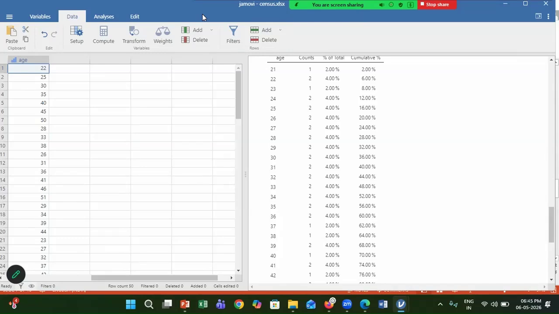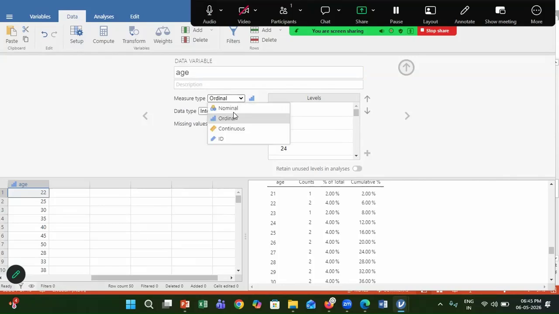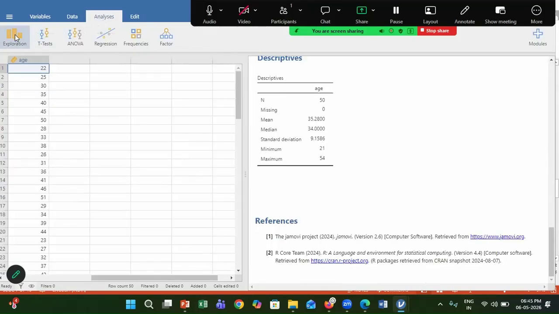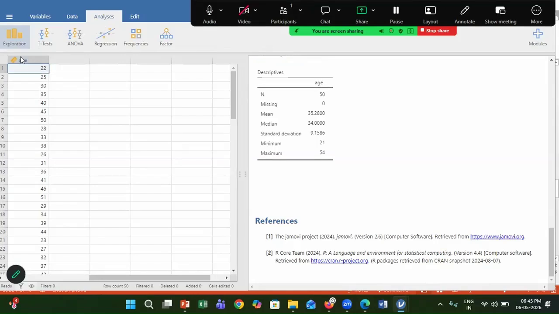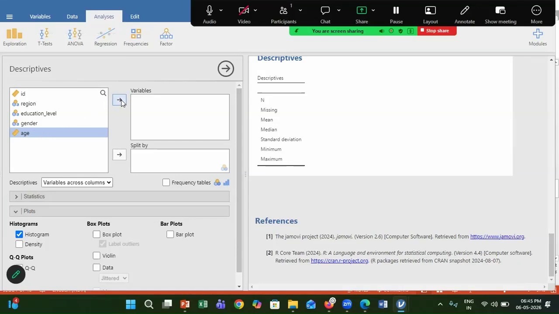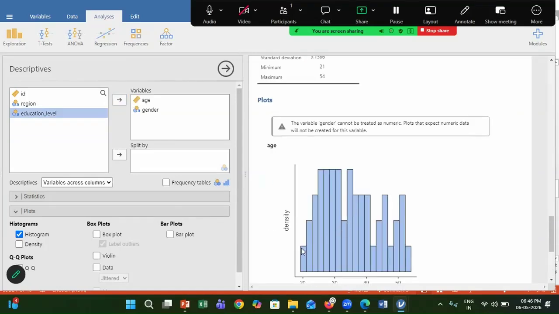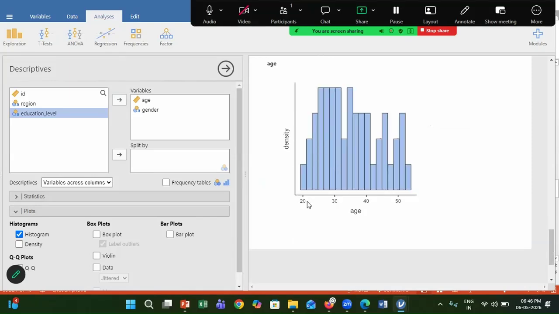Let's say I'm converting this variable back to continuous, analysis tab, exploration, descriptives, plots, histogram, and I move age to this box, you could see that it has done the binning. 0 to 20, 20 to 30, 30 to 40, 40 to 50.